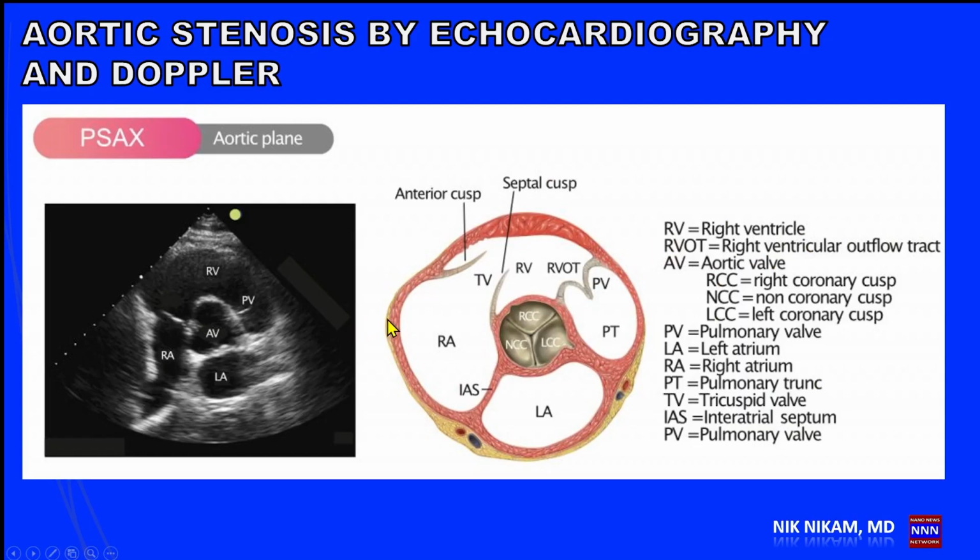Here is a short axis which we just looked at. We particularly look for any evidence of bicuspid valve, calcifications, nodules, and we can outline the aortic valve opening, but it is exceedingly difficult to look for an aortic valve opening in the short axis, especially in the elderly population where there could be a significant challenge. As I said, you can look at the left atrial size, we can look for pulmonic regurgitation here, look for tricuspid regurgitation,